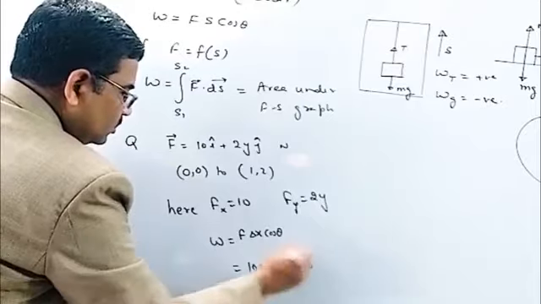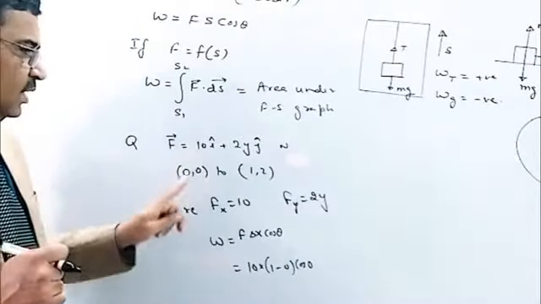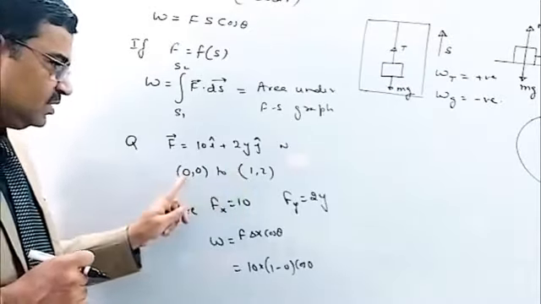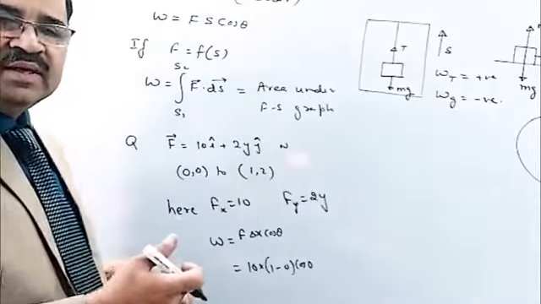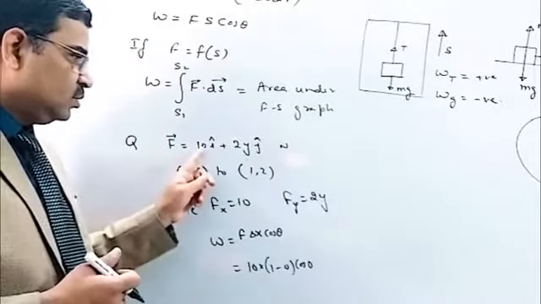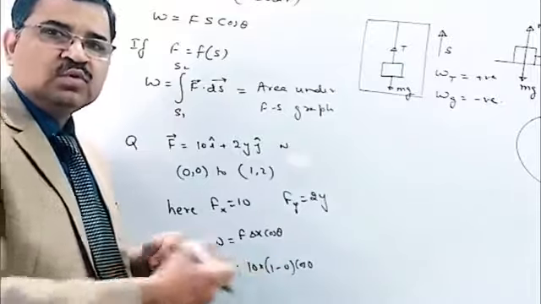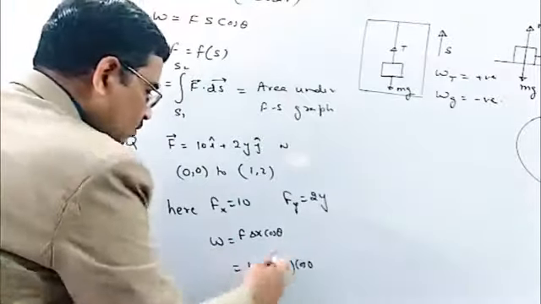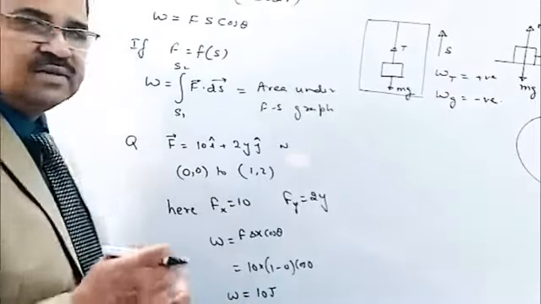and cos 0, because the force is acting along positive x-axis, and if you see the body is also displaced along positive x-axis because its x coordinate is increasing. So along x-axis it has a displacement towards positive x-axis. So that is why the force is towards positive x-axis, whereas displacement along x-axis is also towards positive x-axis. So their mutual angle is 0 and cos 0 is 1. So this becomes 10 joule. This is the work done by the x component.